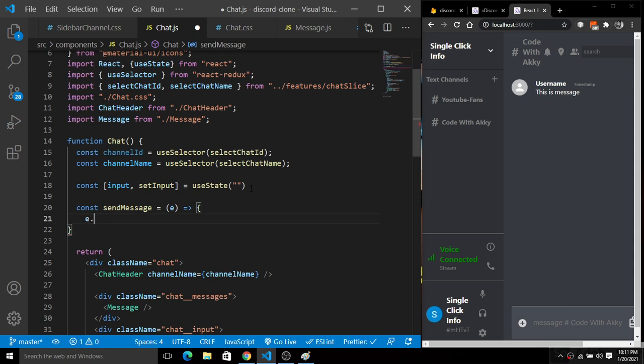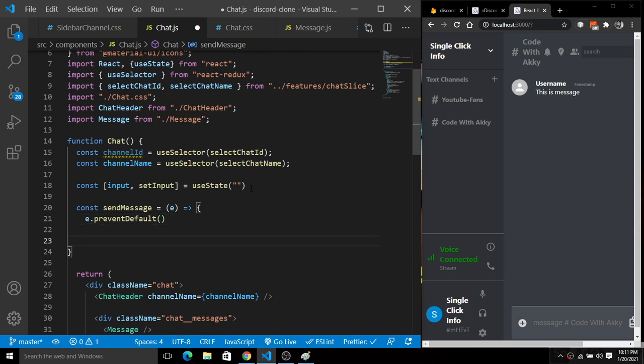So we have this sendMessage function. Fine. So here we will simply avoid the browser default features. For this I will simply prevent the default. So here we are creating a function with e.preventDefault. It will take care of the browser default feature of auto refreshing when we click the enter button. Okay, so e.preventDefault. Next, we will simply push the data directly to the database.